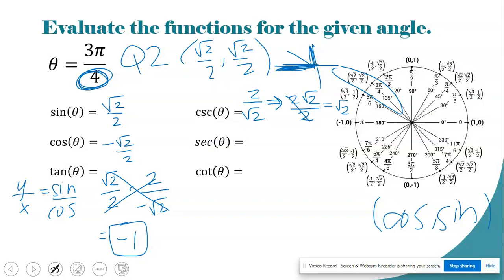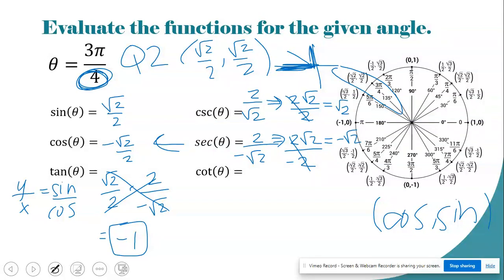Secant is going to be the same idea, taking the reciprocal of cosine, so you have 2 over negative square root of 2, kind of the same idea. 2 square root of 2 over negative 2. These guys will cancel, and you'll just be left with negative square root of 2